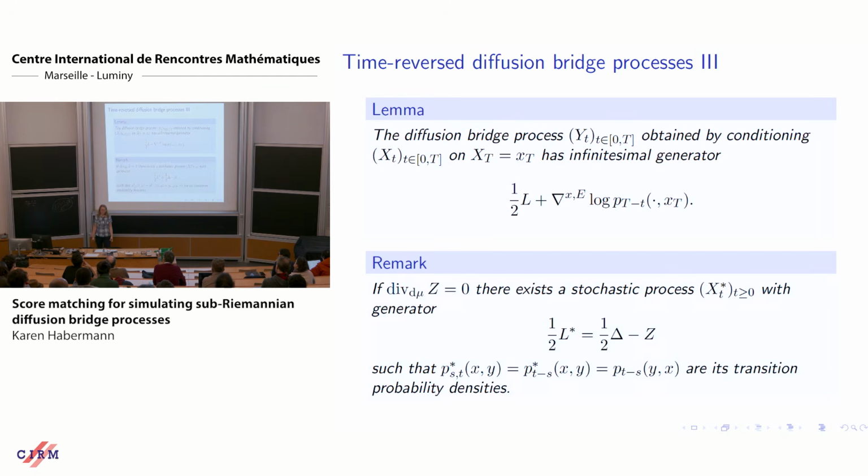I just want to remark that there's one special case where you could make your life slightly easier. In the situation where your additional vector field Z is actually divergence free, you can look at the stochastic process whose generator is simply the dual of your original generator. If you do that, you end up with heat kernels where the components are just swapped around. And then in that particular case, instead of what we're about to do, you could just swap over your components and do the training with respect to a different stochastic process.